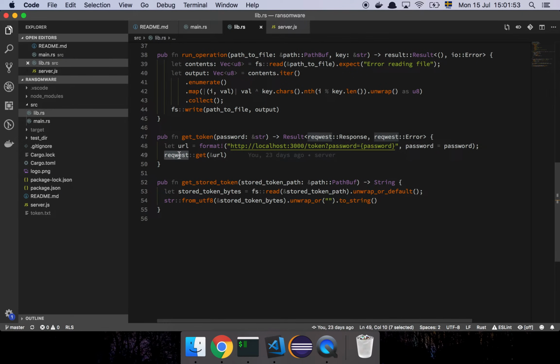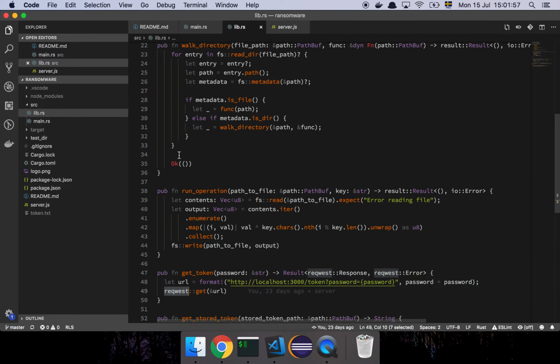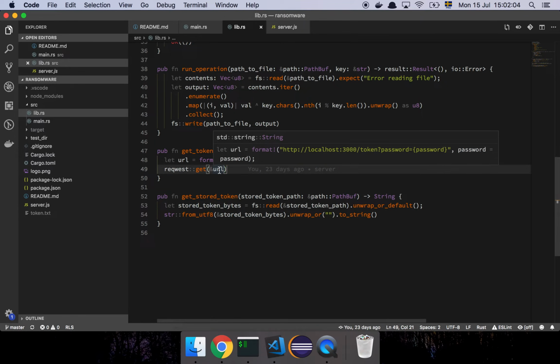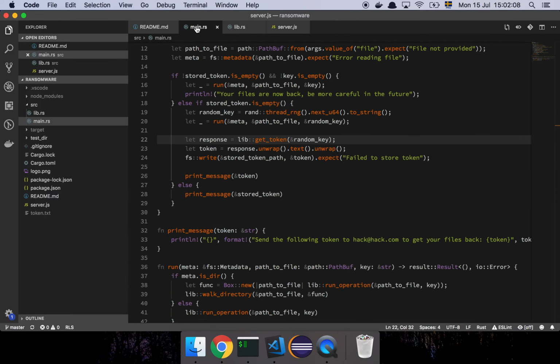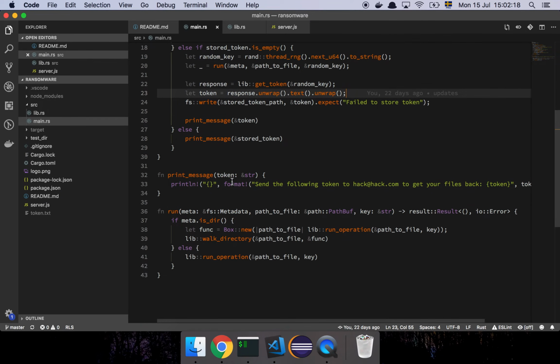And then we're using request, which was a very simple and nice library I could use as well, which is also an external crate. That's how we do this. We basically do a network call to this little server here, and we get the token. So here's the response. We parse out the token, and then we write the token to the token path, which is just going to produce this little file here. And then we print our message, which is basically this: send the following token to hack@hack.com, blah, blah, blah,